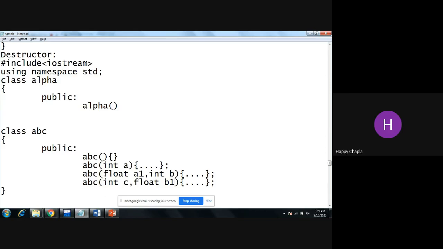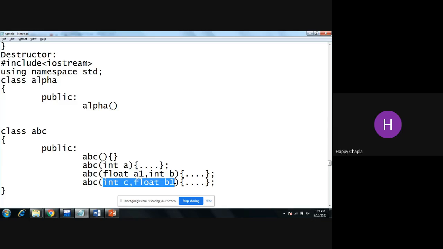Yes, we can. Why? Because this is float a1 and integer b. So the first time I need to give the float value and second I can pass the integer. But in this case, first we need to give the integer and then the float value. So the parameter list you need to give accordingly.